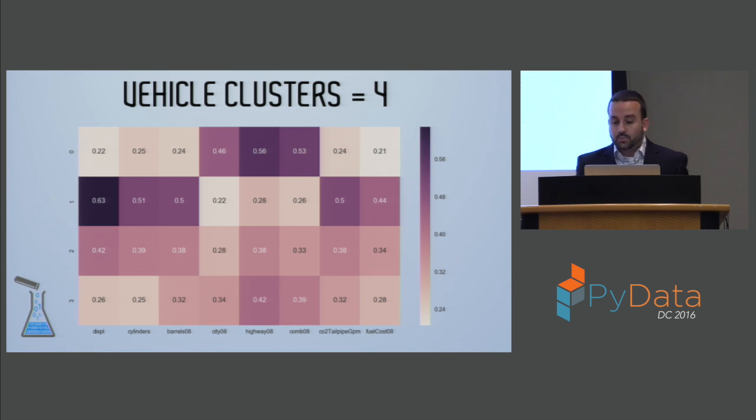All right, so here we've reduced the number of clusters down to 4, and now the clusters look a lot better, don't they? Clusters 0 and 1 kind of look like polar opposites of each other. Cluster 2 looks like it's pretty well balanced all the way across the board, and cluster 3 looks like it's kind of halfway between clusters 0 and 2. Now we have a good number of clusters, right? But it's kind of hard to remember what clusters 0, 1, 2, and 3 mean.